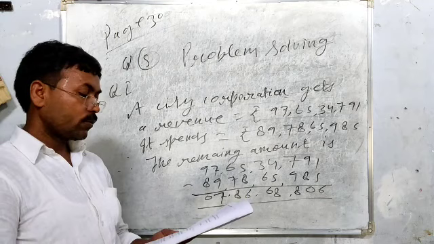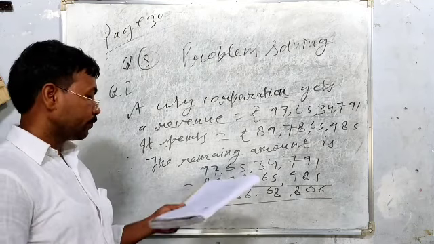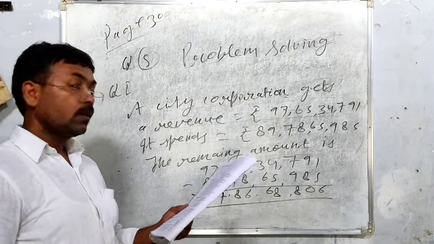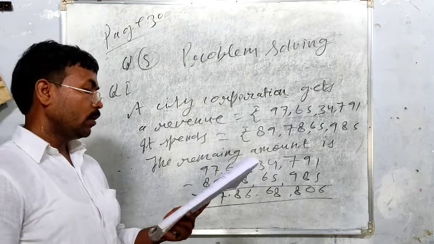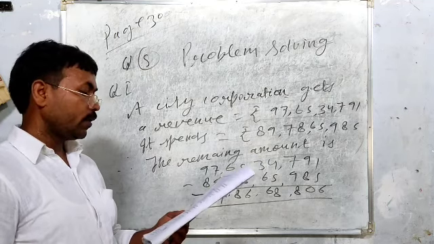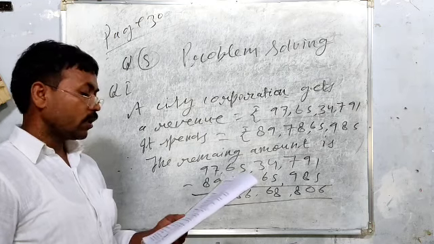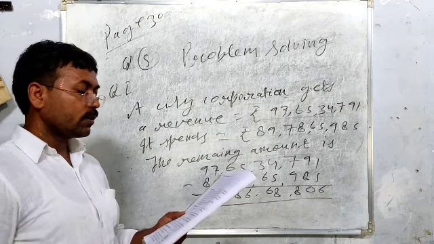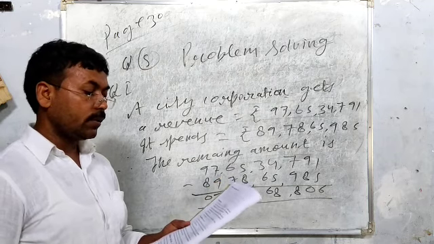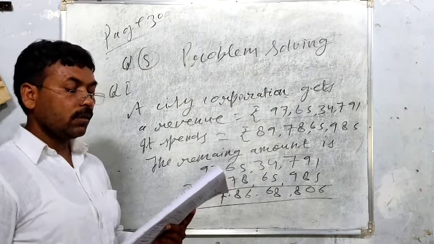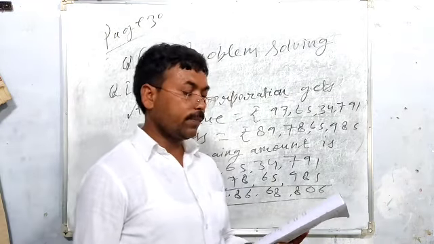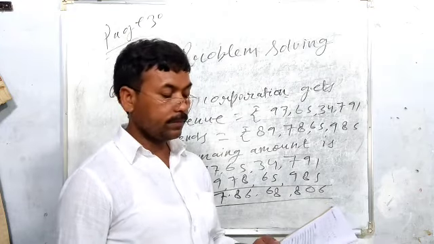I hope you understood how to do this. And now come to the third one. The second one I will give as a practice question; you will complete it at home. Now I am going to do the third one. The difference between two numbers is 64,967. If the greater number is 93 lakh 42,156, find the smaller number.